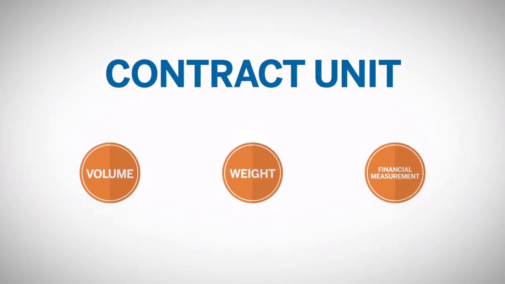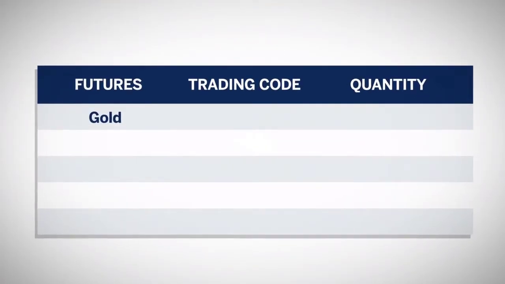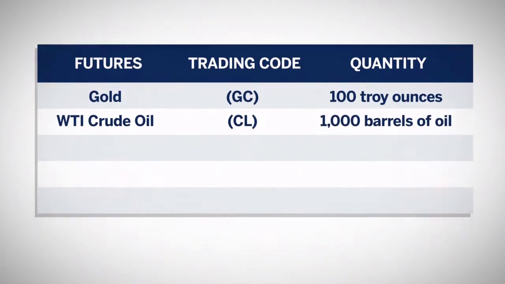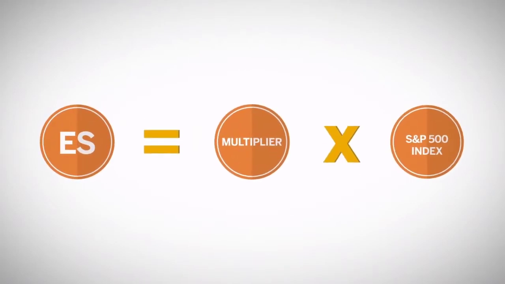product or market. For example, a single COMEX gold contract unit, trading code GC, is 100 troy ounces, which is measured by weight. A NYMEX WTI crude oil contract unit, trading code CL, is 1,000 barrels of oil measured by volume. The E-mini S&P 500 contract unit, trading code ES, is a financial calculation based on a fixed multiplier times